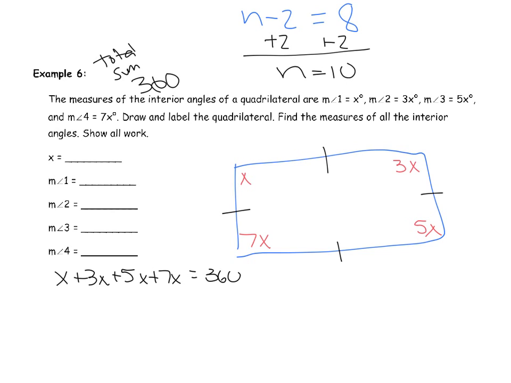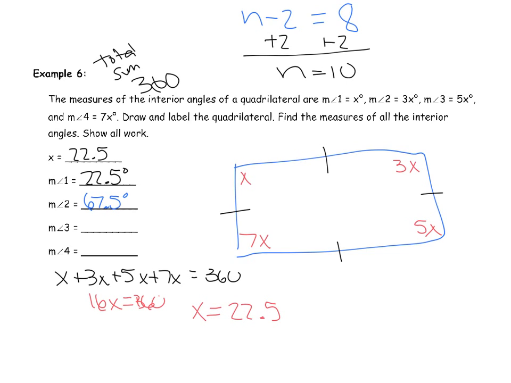Combine all my like terms, so that's 1 plus 3 plus 5 plus 7, and that gives me a total of 16x equals 360. Gonna divide 360 by 16, and x equals 22.5. So we got here that x is 22.5. Well, the measurement of angle 1 is x, so angle 1 is 22.5 degrees. Angle 2 is the 3x. So if I take 22.5 and multiply by 3, we get